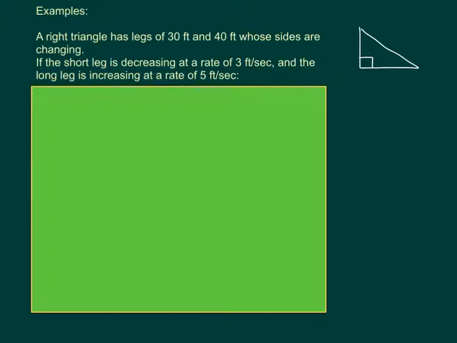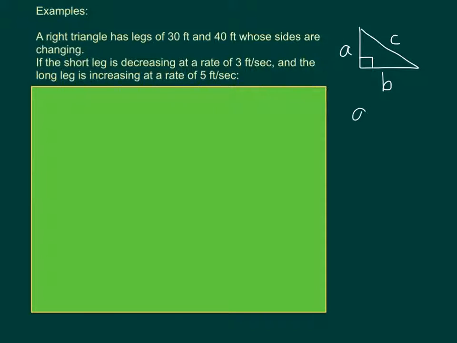Okay, so we've got a right triangle. Even though we know 2 of the sides, we're going to label these with certain variables. Now we can use whatever variables we want, but if you recall, in a right triangle, we most often like to use A, B, and C as our hypotenuse. Remember, the legs are the 2 sides that make up the right angle. Our longest side is the hypotenuse. It's opposite the right angle. And it tells us the short leg, well, it doesn't really matter which one's the short here, other than let's